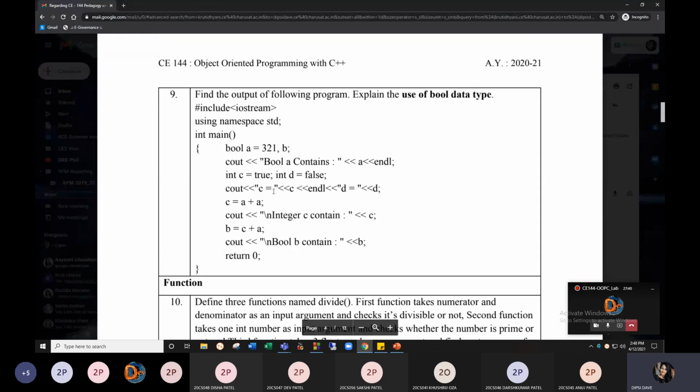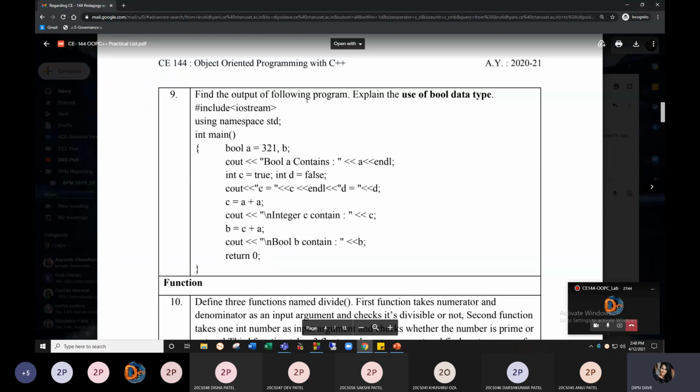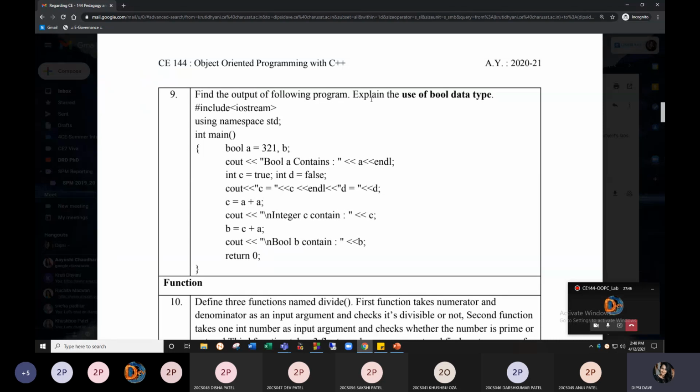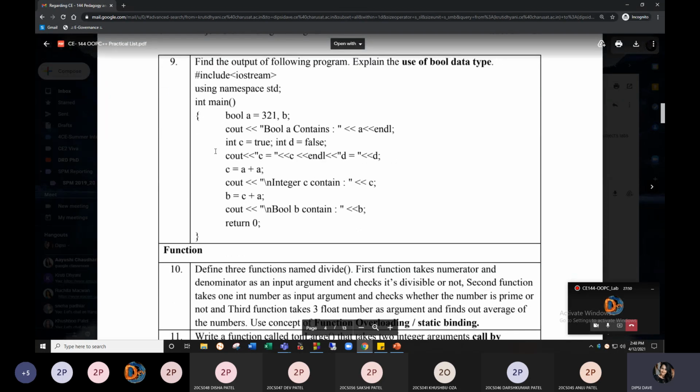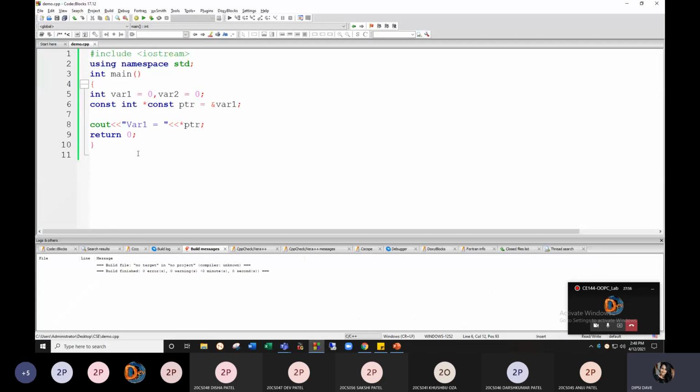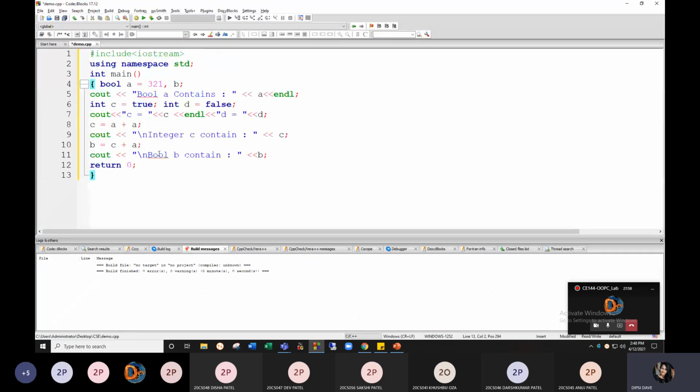Then we have the ninth practical. Find out the output of the following program. Explain the use of Boolean data type. Now what is Boolean data type? Let me teach you. Boolean means only two, either one of the two outputs, either 0 or 1.